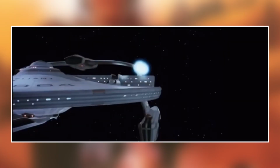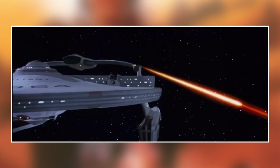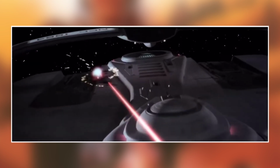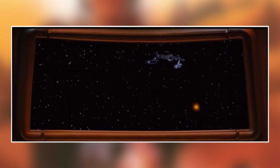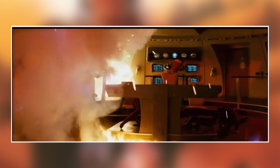The initial attack on the Enterprise by the Reliant is a masterclass in action and suspense. Keeping with the naval theme of the film, the battle scenes between the two ships are often portrayed like submarine warfare, inspired by classic war films like Run Silent, Run Deep. Khan and his crew have taken over the Starship Reliant and get a first strike in due to the element